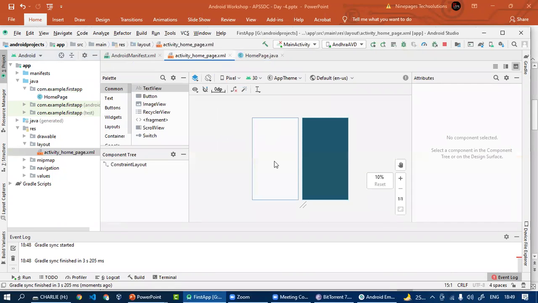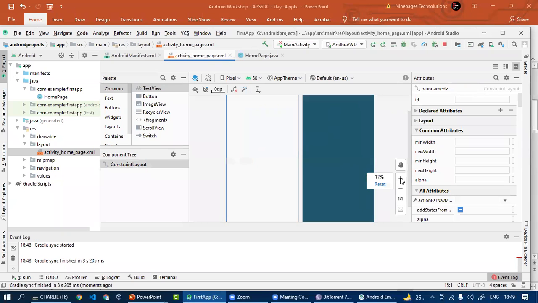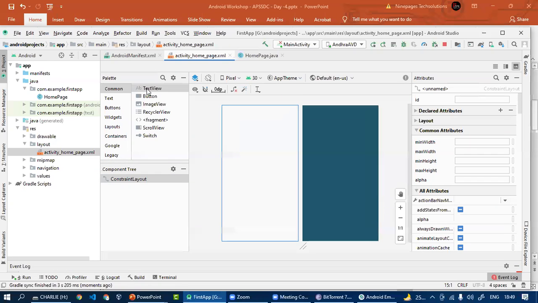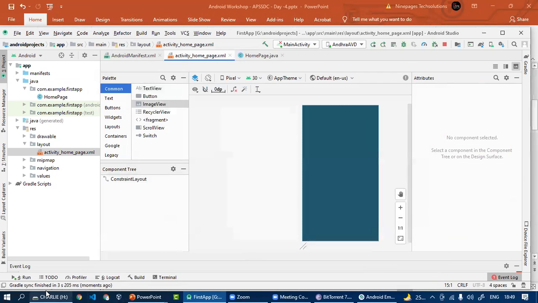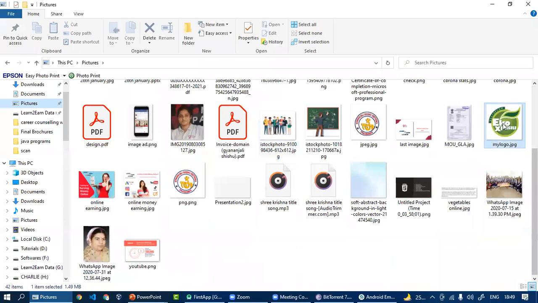So here is our home page. So suppose if we want to make a login screen, so for that we have an icon or... actually I will resize the picture icon, my logo.